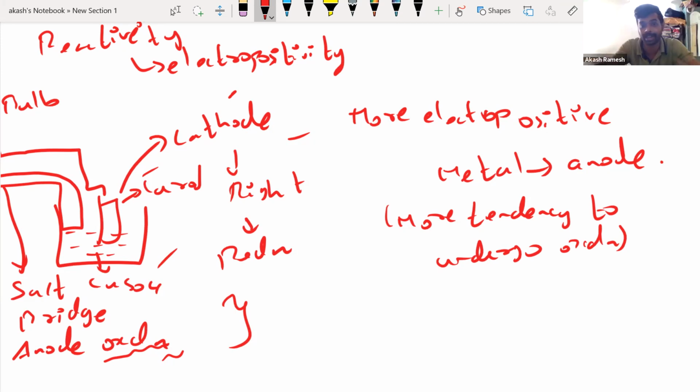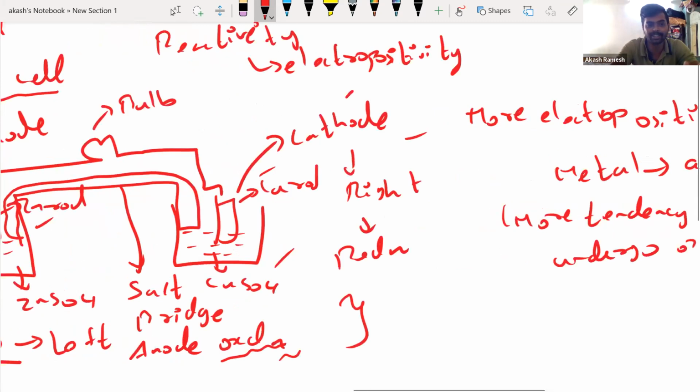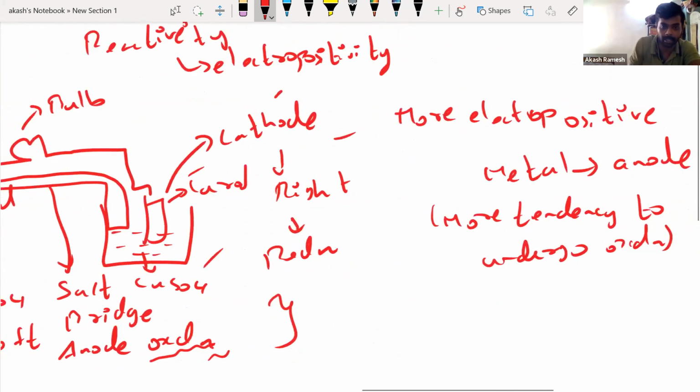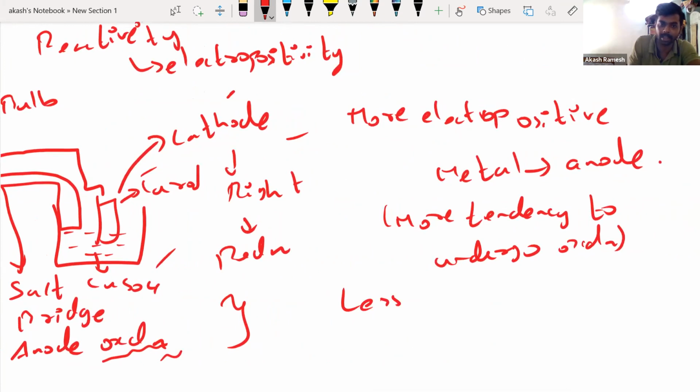Okay, I hope this point is very clear. That is the reason why we know zinc is more reactive, that is more electropositive, or has more tendency to undergo oxidation. That is why we have put it as anode. And copper, being less electropositive, less reactive, has more tendency to undergo reduction. So Nick, if you can even include this point: